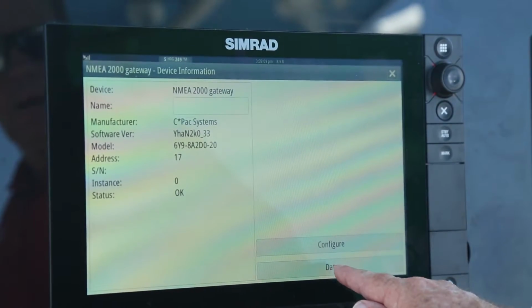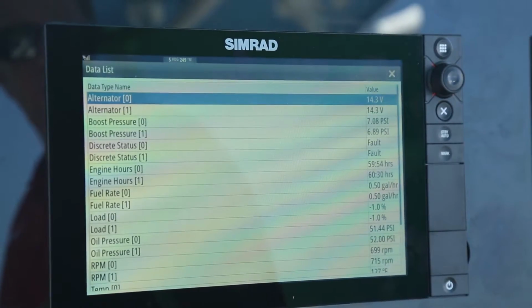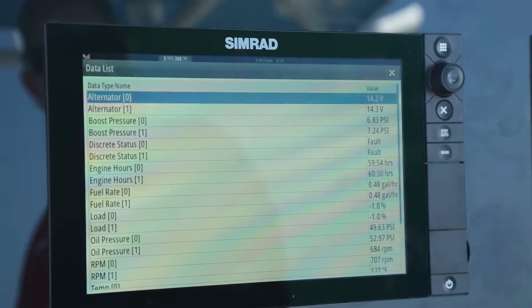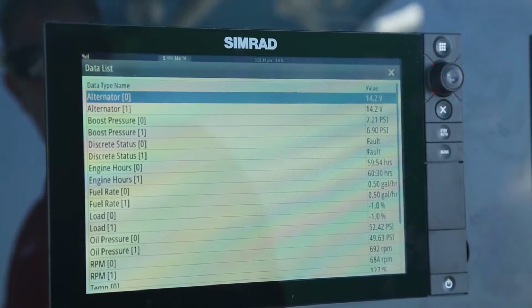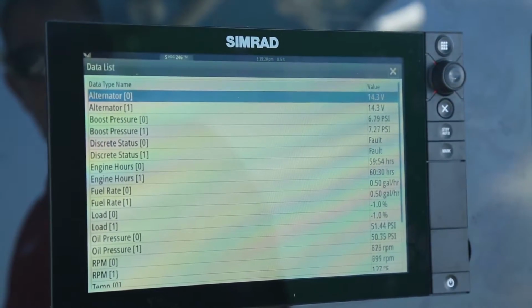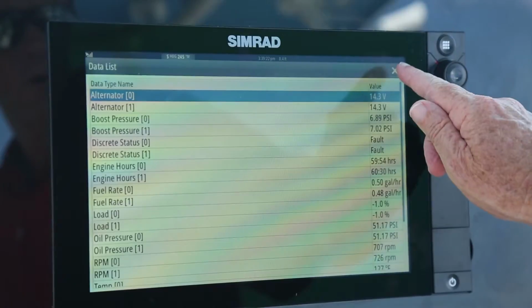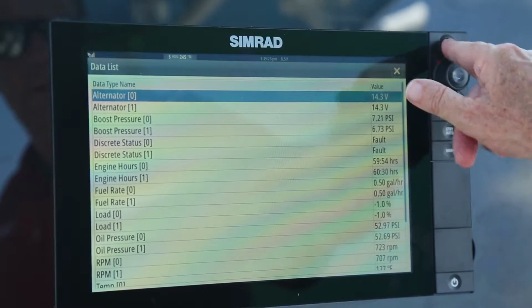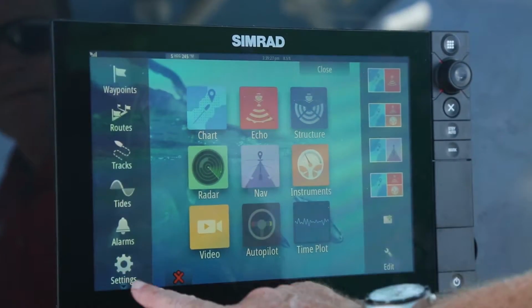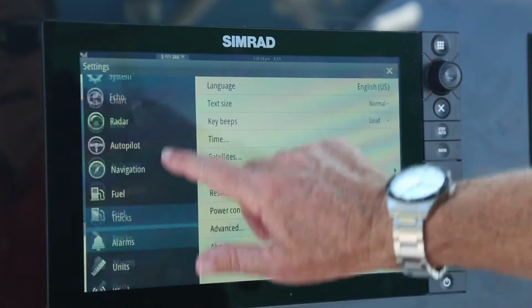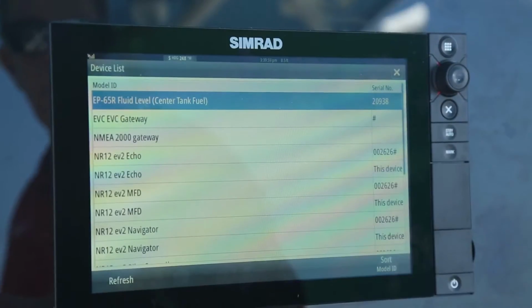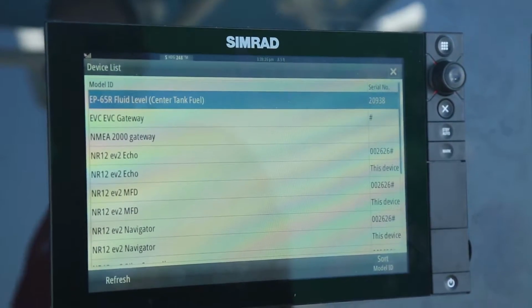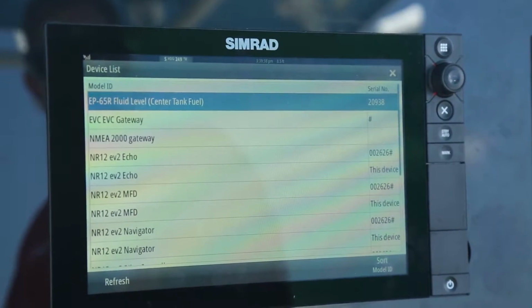I even have a data button here that can determine if the gateway is pushing out the right information. And there it is, a data list showing all the PGNs that come from that gateway, diagnosing that that gateway is working. We also have, again, under network, device list, we can see our EP65 fuel fluid level sensor. Both of these items will require setup,